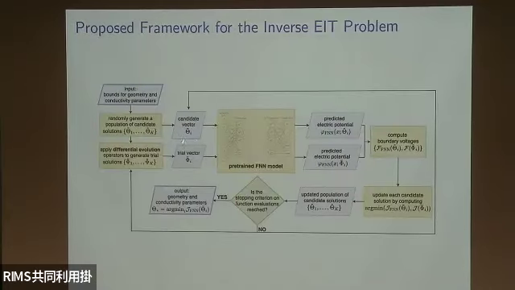Okay, so this is the flow chart of the differential evolution. The only difference is that here, instead of using the PDE, what you use is the pre-trained neural network model. So you can replace this with FNN or CNN. The good thing about this framework is that you can also use this for other models. It's not just for EIT.